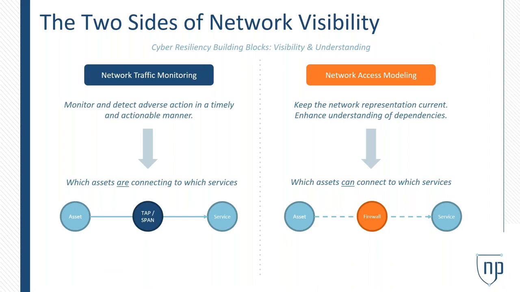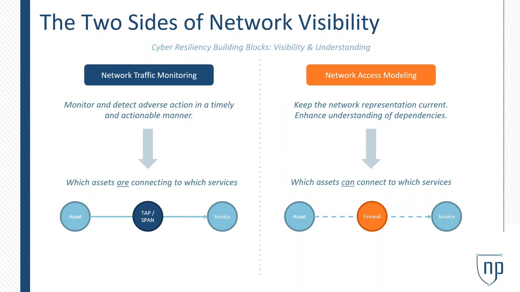We call that the two sides of network visibility. Oftentimes I'll use the phrase past, present, and possible. Most people have some type of facility in their network, maybe not. Sometimes in low impacts, you don't have all of this, but many times people will have some type of management facility or even a logging facility in their network where they can see, through the ability of a tap or a span port, or by syslog, or using an aggregator like Splunk, to be able to find out what has happened on the network. Or they will have the ability with IDS, IPS, or their management system to be able to see what is happening on the network, capturing packets, things like that.